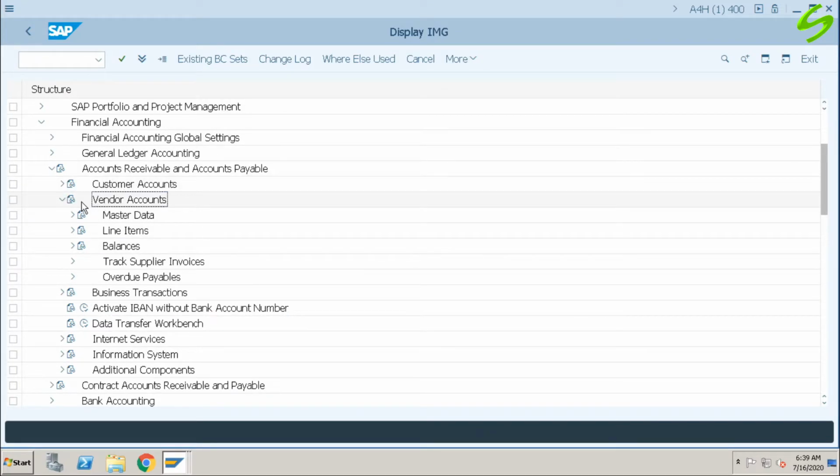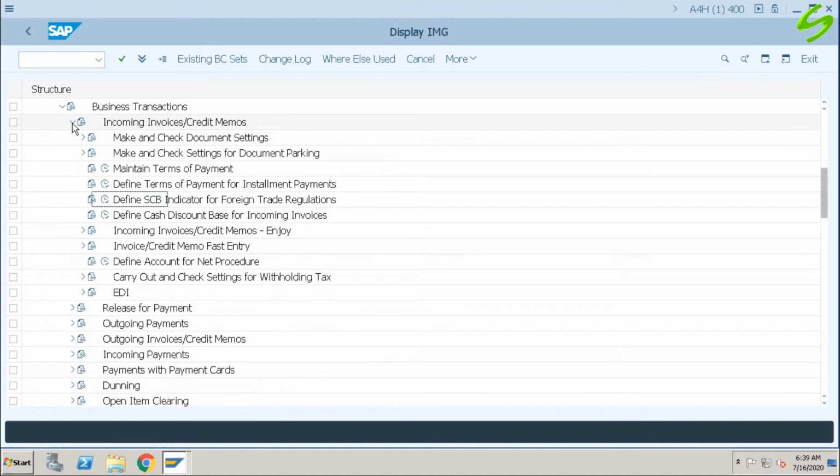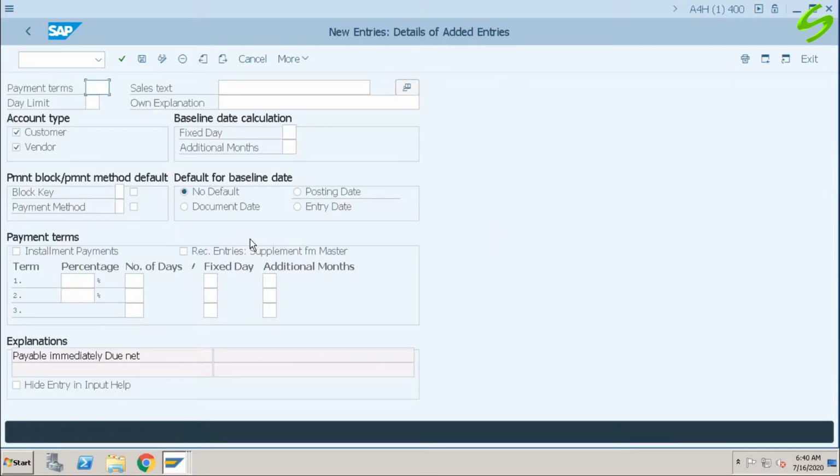Under vendor accounts, business transactions, incoming invoices and credit memos, maintain terms of payment, execute. Click on new entries. Here we can define our payment term.